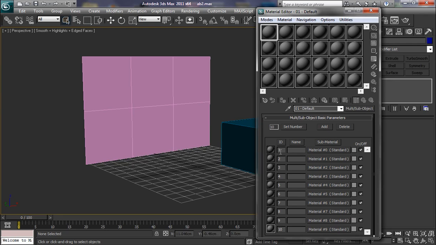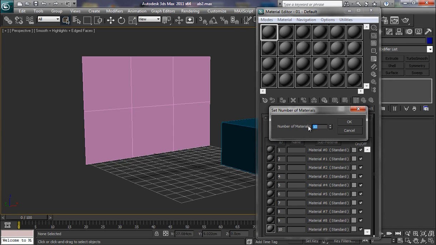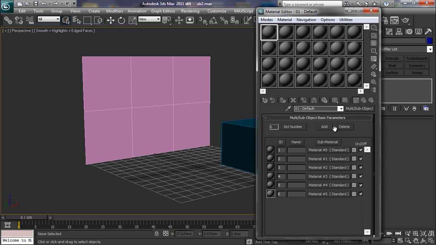We can also give each swatch a name, and this name would be related to the material or the image that we want to pull into here. Now we've only got 6 polys here, so we don't need 10 swatches. So I'm going to set the number to 6 and press OK. Now you're not limited to 10, you can have as many of these swatches as you like. So if you wanted 100, set the number to 100. Now that we've got this, I'd like to select a material. So what we do is just click on this button here,